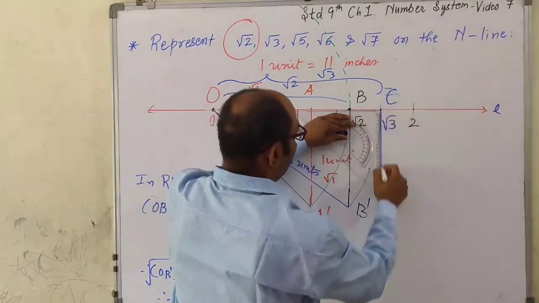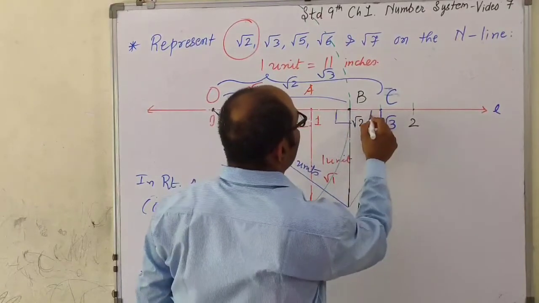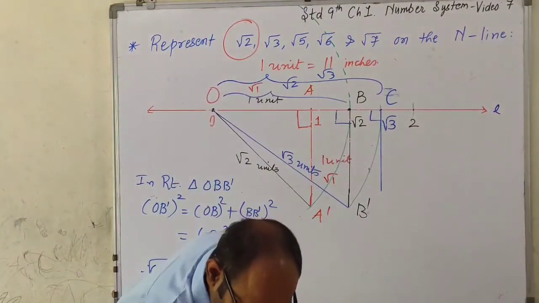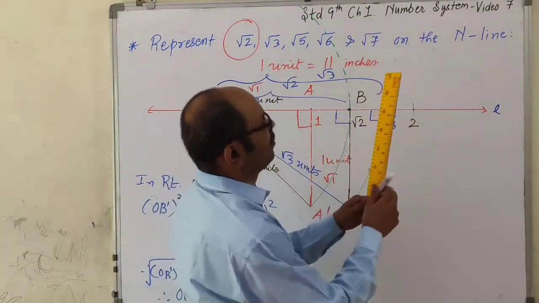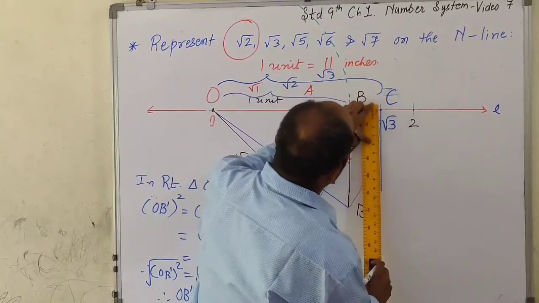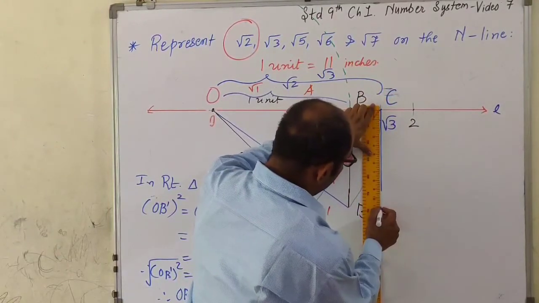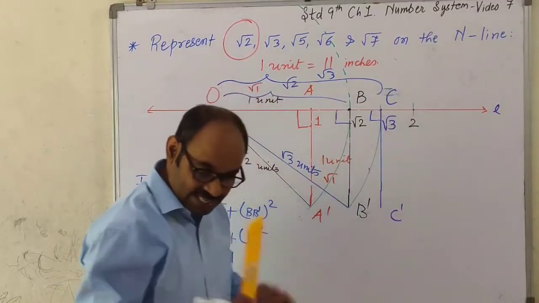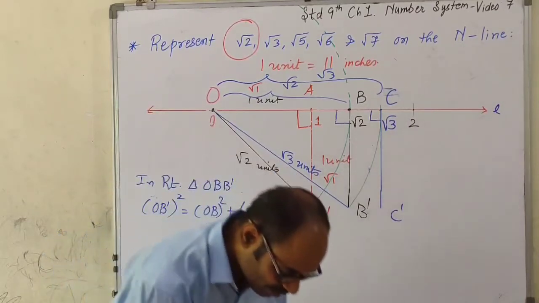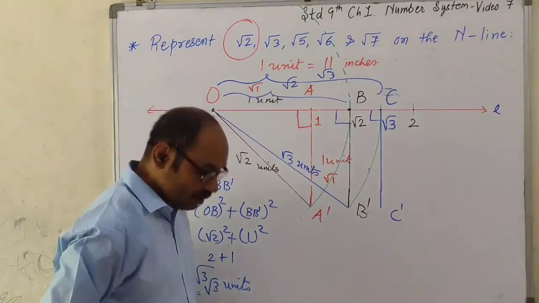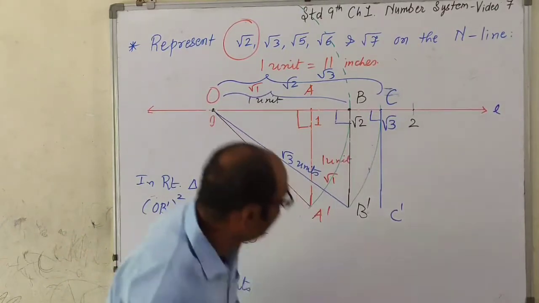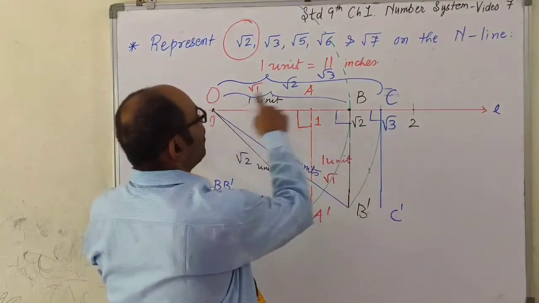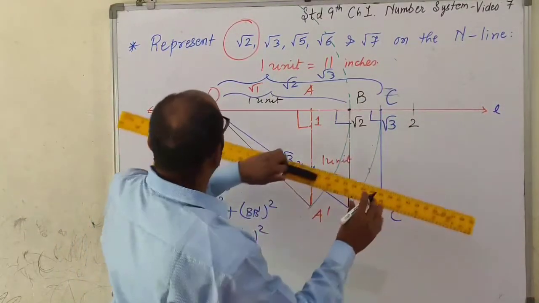It's fine. Now this one is perpendicular. Put that sign. Don't forget. But this has to be 1 unit. So I'll have to see where 1 unit is. It's here, till here. This point is C dash. Let's see now. I'll join C dash with O. That will be the hypotenuse of triangle OCC dash.